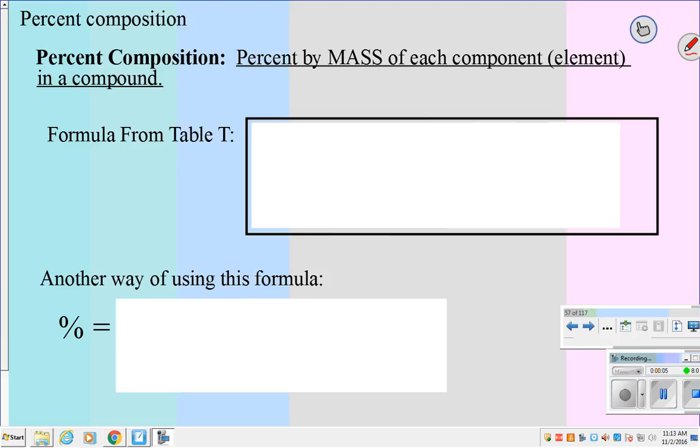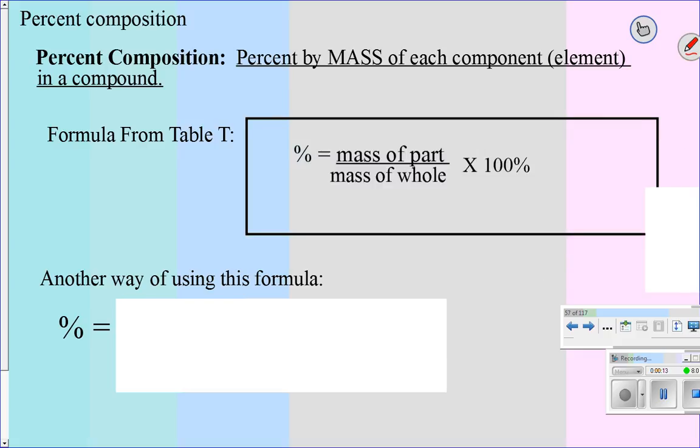Today we're going to do percent composition by mass problems. These are not so much based on moles as they are based on actual grams. So you're going to start by looking at table T, where you should find this equation, or a version of